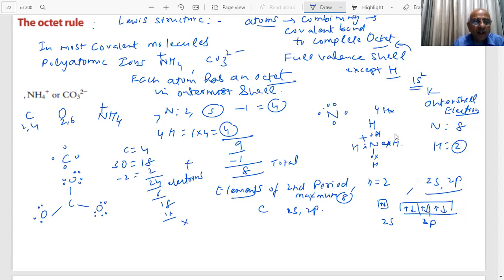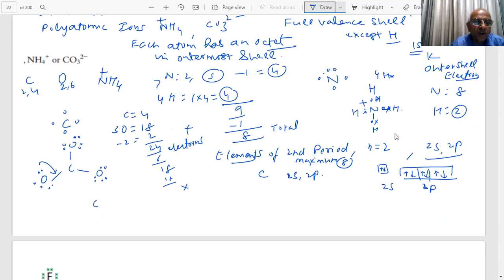You can see carbon has got only 6. So it needs, student, 2, 4, 6. It needs two more electrons. So they can share like this, student. So what do you get, student? Either of the three can be used to share. So you will get a double bond, student. And there are 4 now here, 6 here.